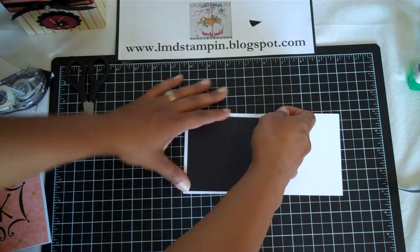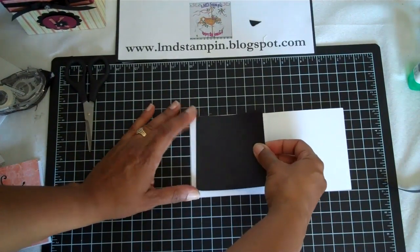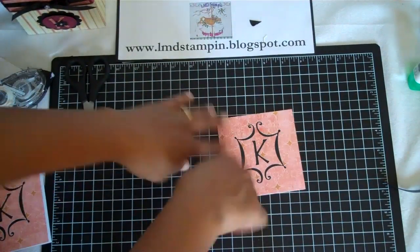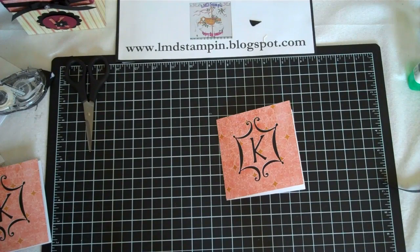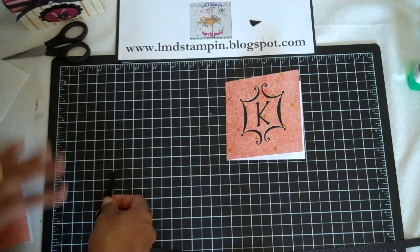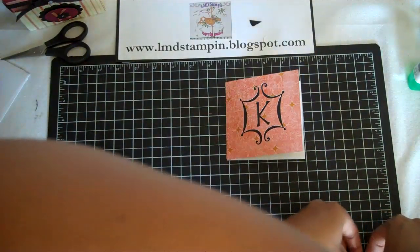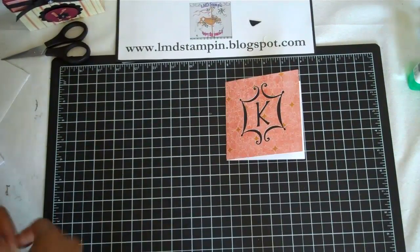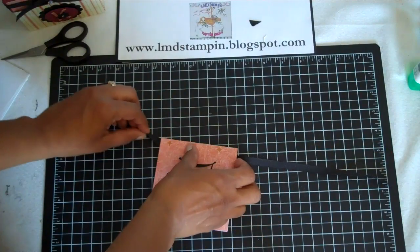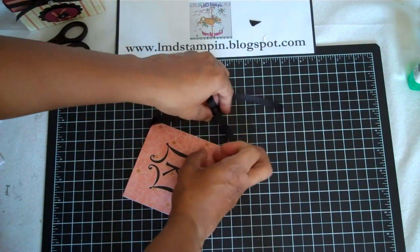Oh, shoot. Doesn't look straight. That way you can see the K. And then I took a piece of grosgrain ribbon, and I don't normally measure out my ribbon before. I usually cut it right off the roll, but let's see, this one is about 20 inches. It's probably way more than what I needed, but because I was pre-cutting it, I wanted to make sure I had plenty. So this is just a black grosgrain ribbon,